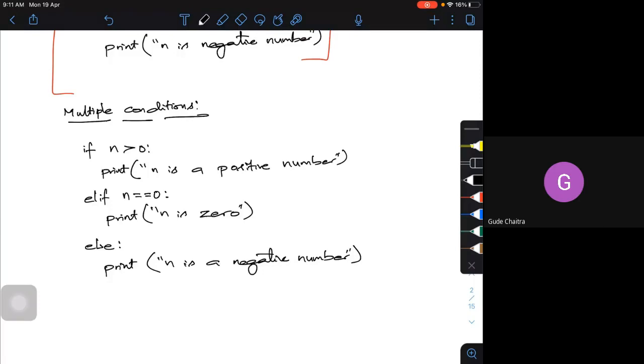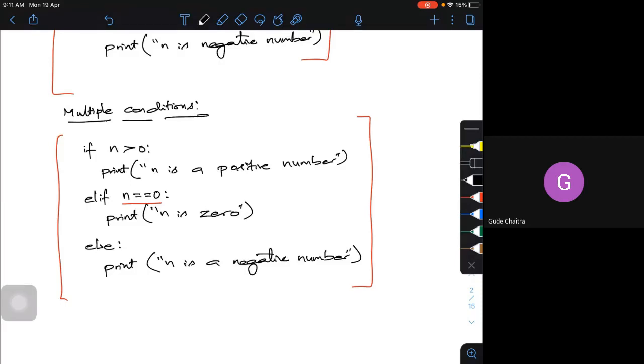There I was checking only for a positive or a negative number. But in this if, elif and else statement, I was checking for a third condition where n is equal to 0, and printing that n is equal to 0. Like this, I can have n number of elifs, and at the end I can put else. So these are multiple conditions under the same if loop.